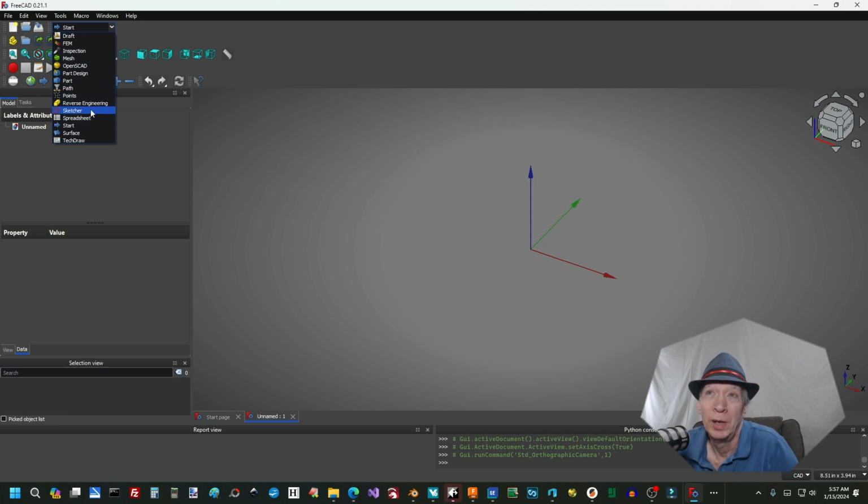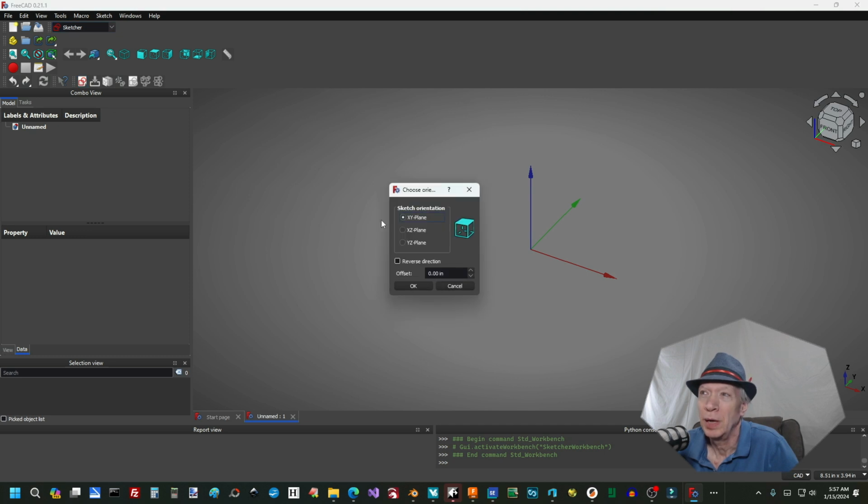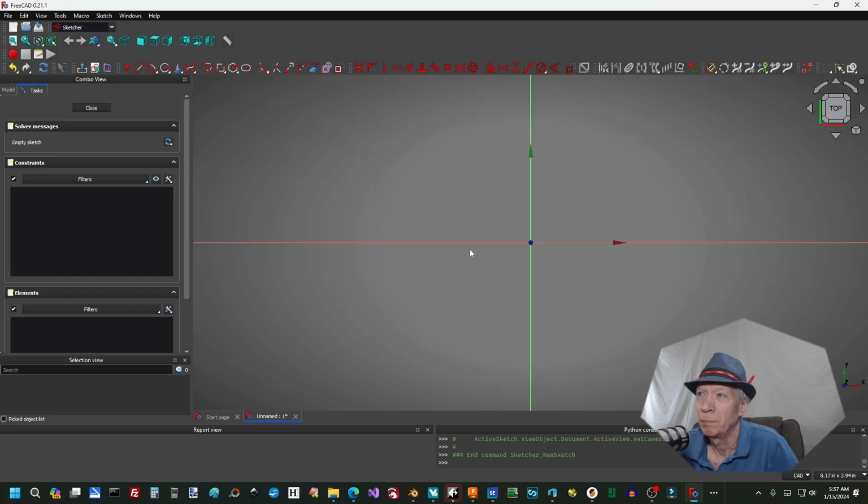Yeah, I think so. So you can start with the sketcher, and you can make a sketch, and you can pick which plane you want to do. So if you're looking at this top down, you would draw 2 dimensions on an XY plane. Okay, and we can make a circle